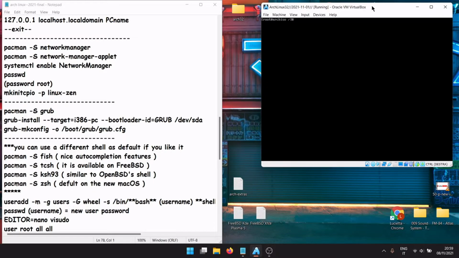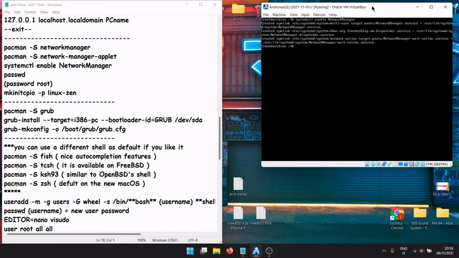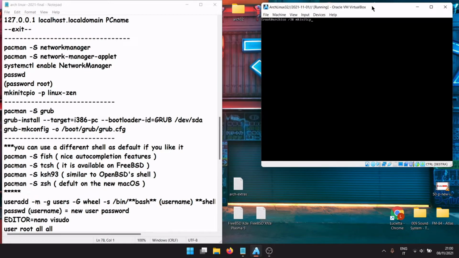Now we need to enable the services by typing systemctl enable NetworkManager. You will see 3 new lines, it means that it works. Now by the command passwd, give a password to our root user, that is the default, and let's fix the